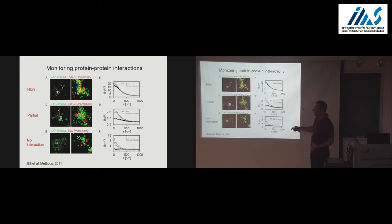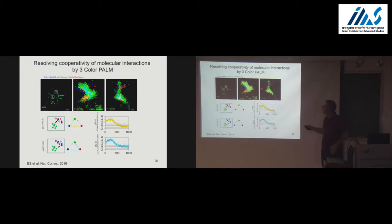However, for unrelated molecules like LAT and TAC, TAC is the alpha chain of IL-2 receptor, you have no interaction at all, so the correlation is flat. And ZAP70 is the kinase that comes from TCR zeta and phosphorylates LAT, you have partial mixing, which is interesting. Okay, so not only that, now we can visualize 3 different colors, and with this you can